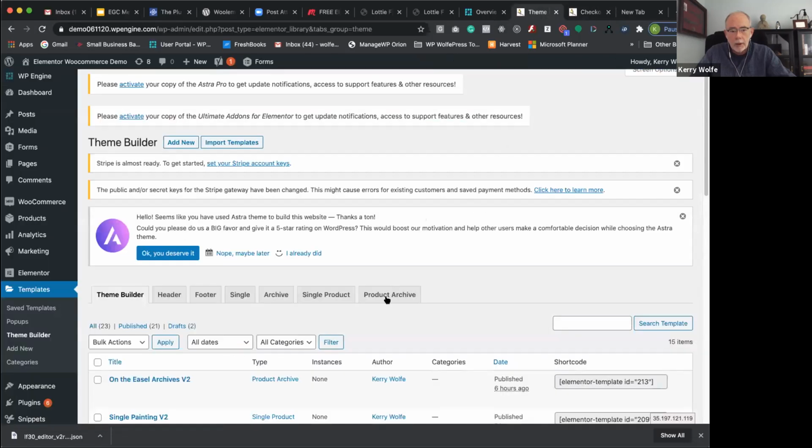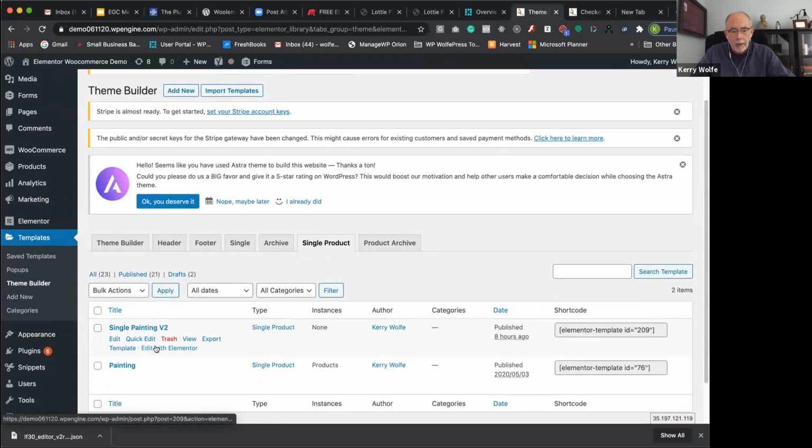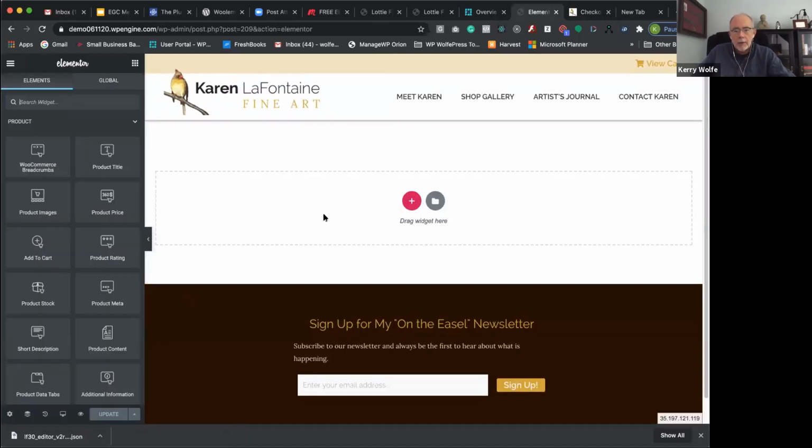let's add one from scratch. So let's do a single product, and we'll call it start here. So we're going to do a single product. I'm going to add a 2-column section,